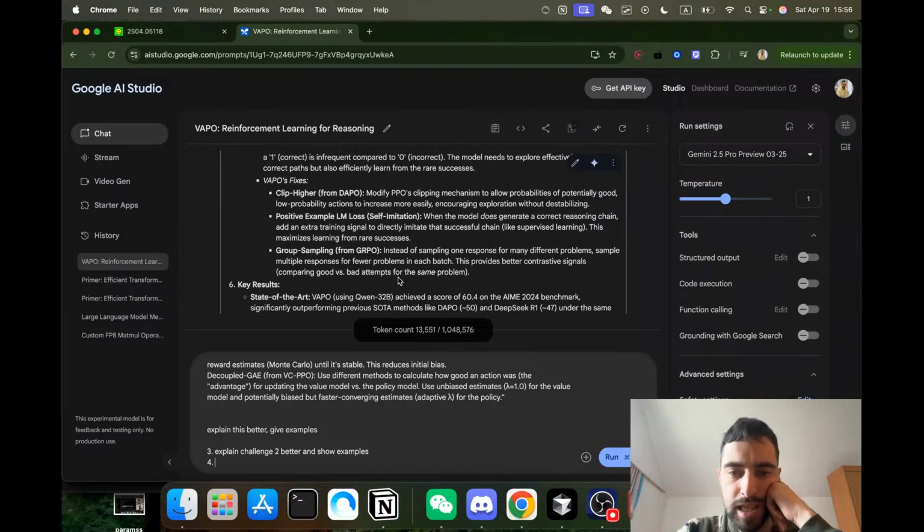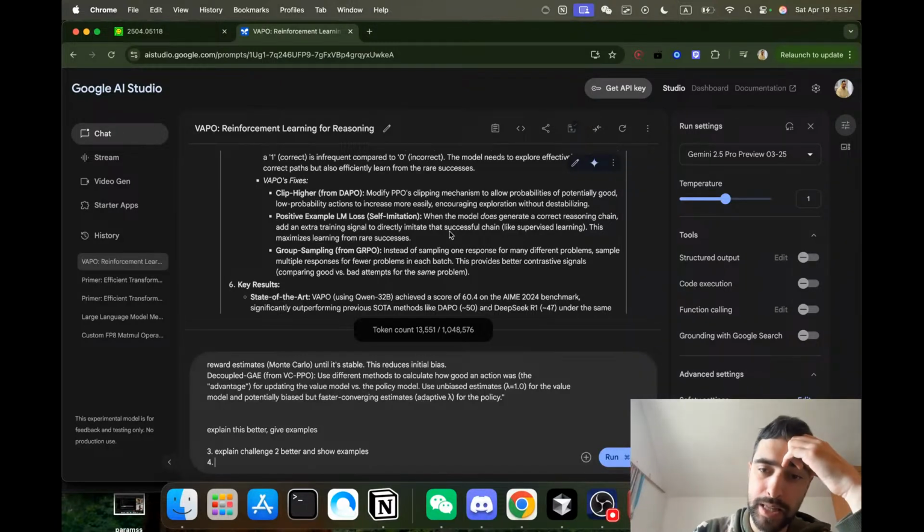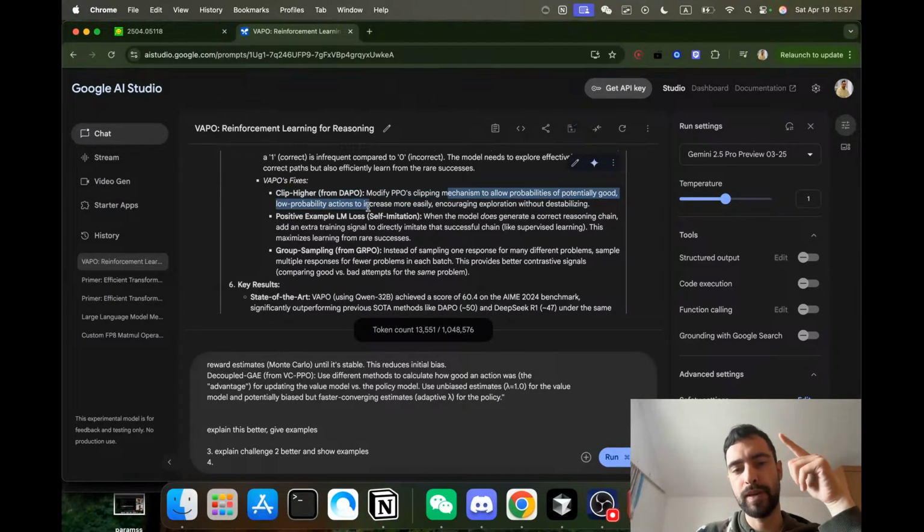Modify PPO's clipping mechanism to allow probabilities of potentially good low probability actions to increase more easily. I said PPO is clipping the change, so you don't want to make the change too big. But if the correct answer is rare, so the reward is rare, then you want to make the change bigger